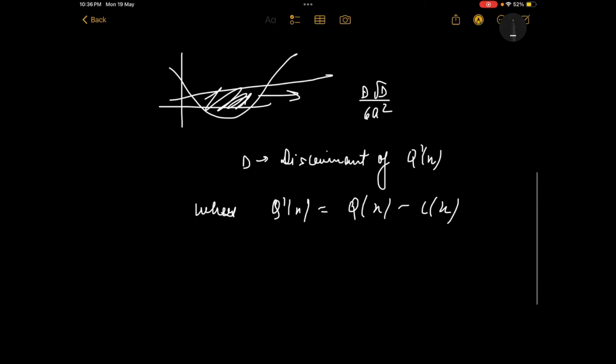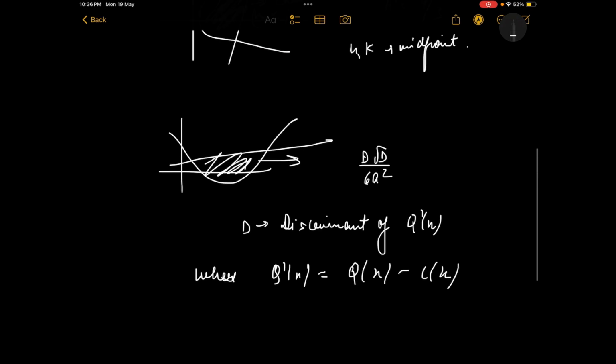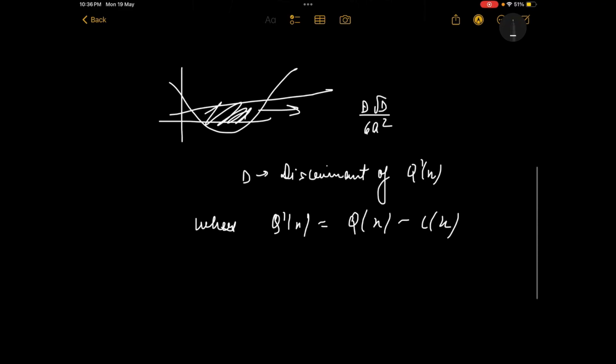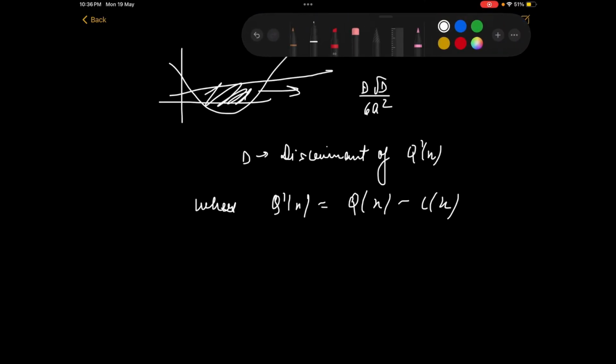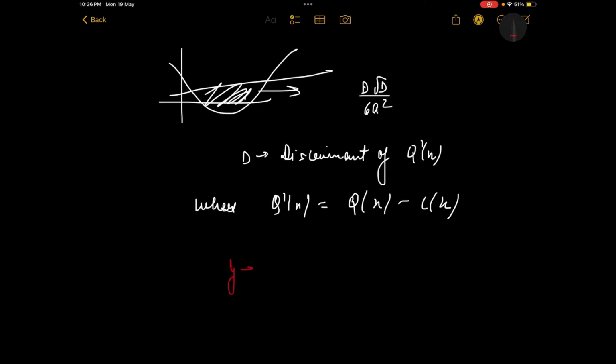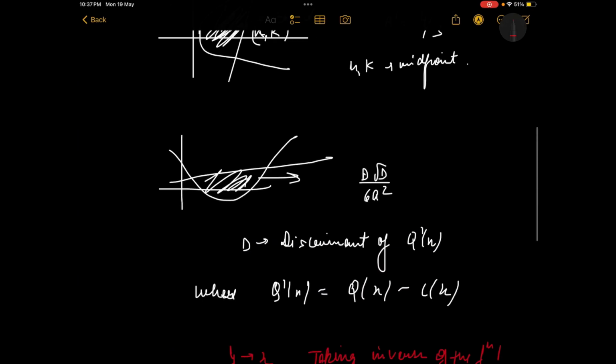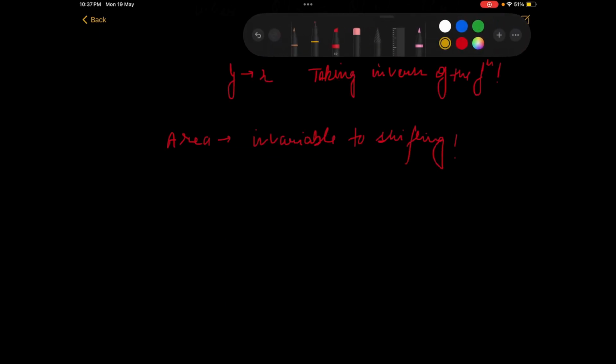Now, to make this problem more convenient for us, I switch the variables y and x so as to obtain a quadratic equation. So I'm doing the transformation y to x, that is, taking the inverse of the function. And as area is invariant to shifting, there will be no effect. So basically this is the figure,